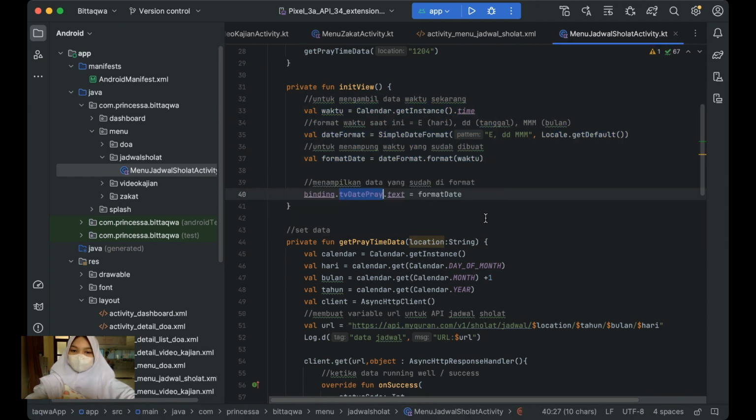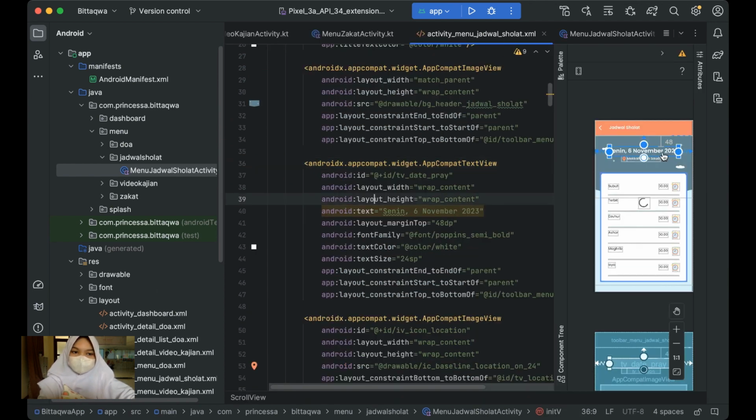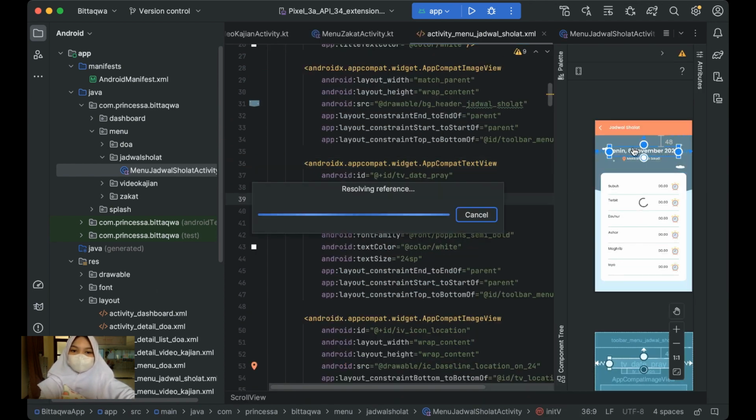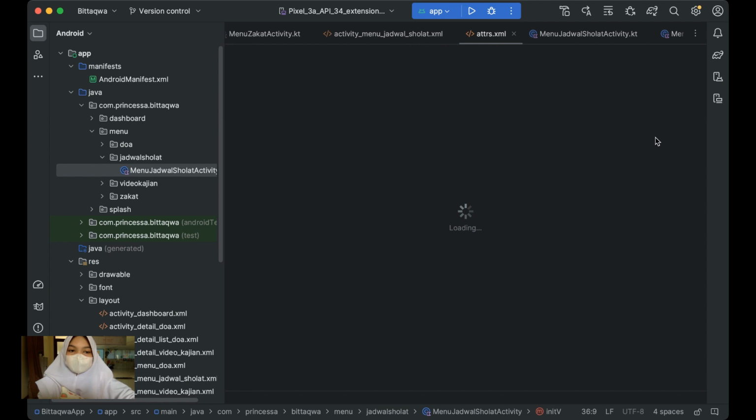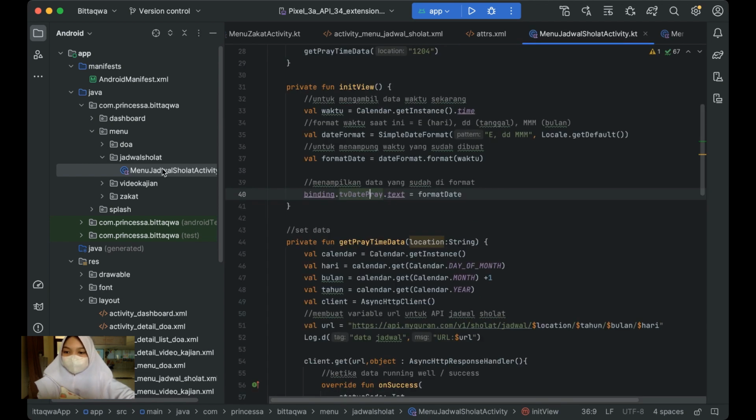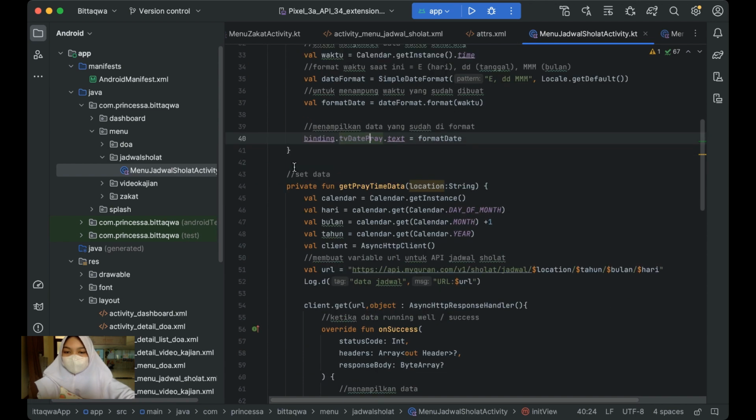Date query, which is on the XML, which is this one. So the code that I read is for the date over here, because we set the day, we set the date, and we set the month, right? Okay, then